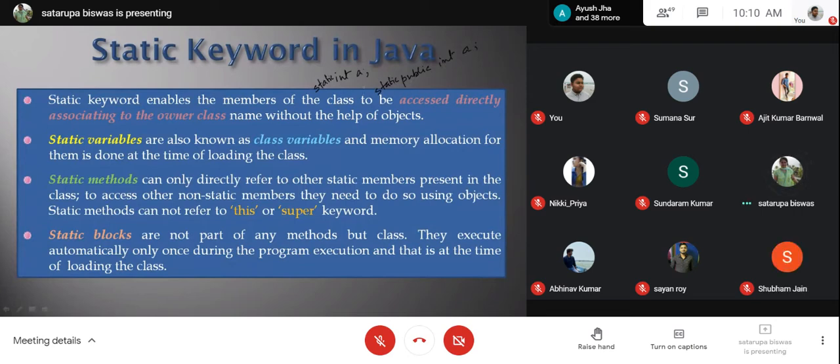The static public int a and static int a are under one category, and without static, normal int a or public int a, is in the other category. So when we declare something in this way, we call them instance variables.